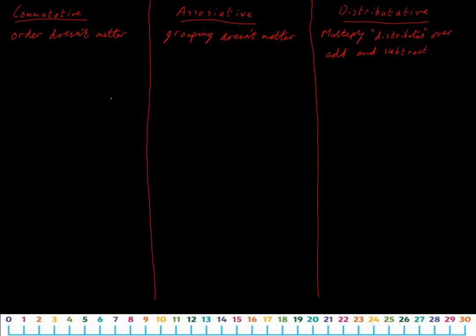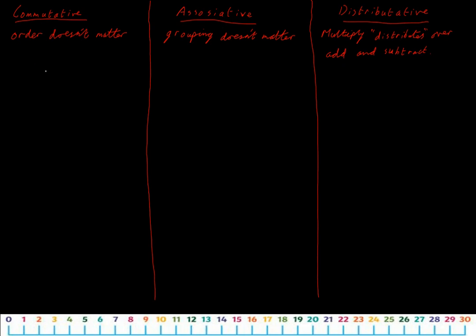Hello, so we're going to have a quick look at three definitions that are important to have in the back of our minds. These are going to make more and more sense as we do more maths, but we want to introduce them now so we have the rough idea of what they mean, and they're going to become more and more important as we do more complicated maths as we move on. Now, our three rules are called the Commutative Rule, the Associative Rule, and the Distributive Rule. The most important one in practice is going to be the Distributive Rule, but we're going to start over here